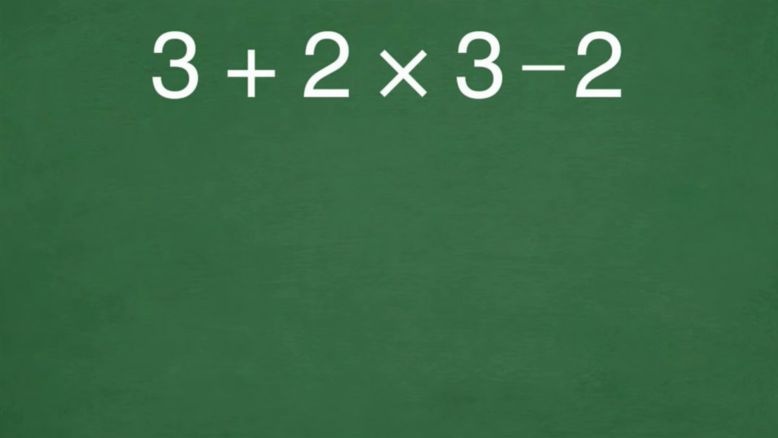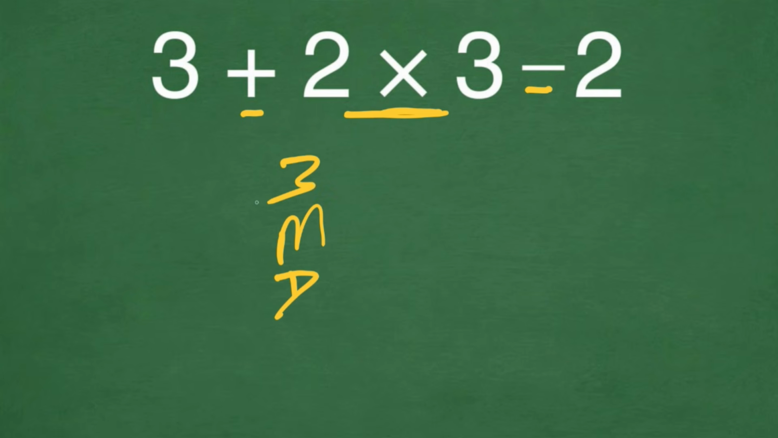So as you can see here, we have 3 plus 2 times 3 minus 2. So according to the order of operation, we know that multiplication has a higher priority than addition or subtraction. We know that multiplication and division have third priority, right? So addition and subtraction has fourth priority,